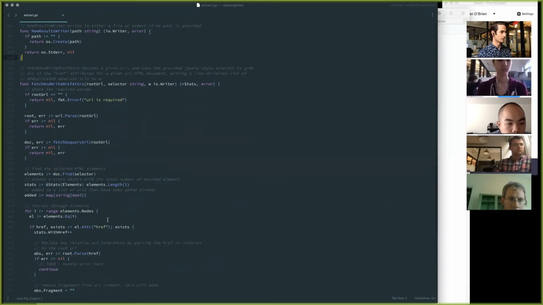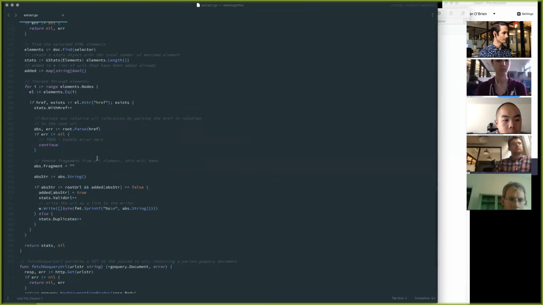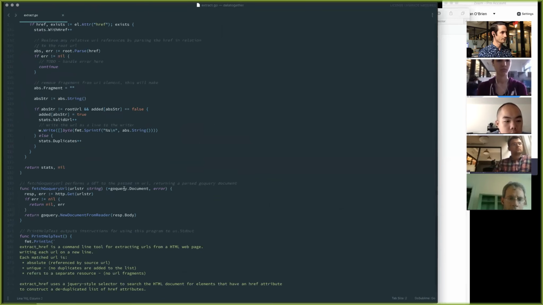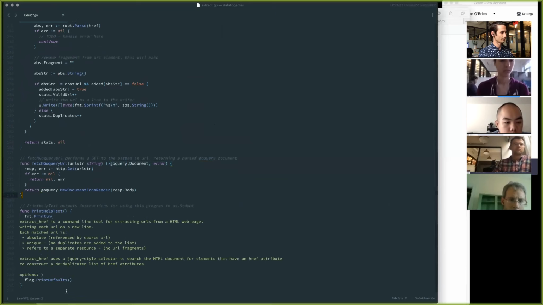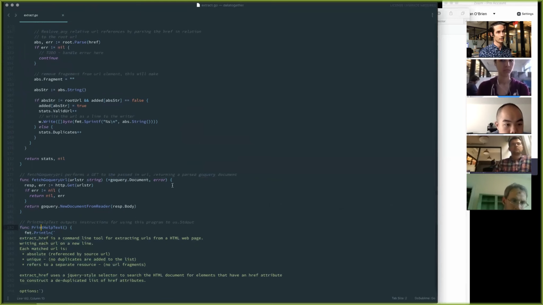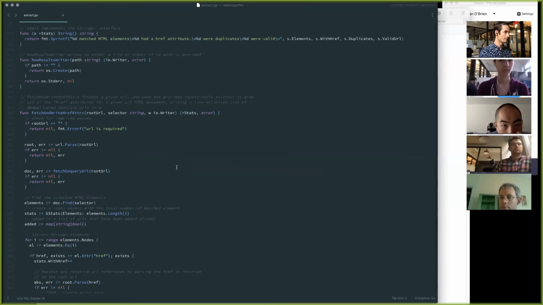And we're going to use one user-land package called Go query, which is here. We'll talk about that very briefly. And then we just have a basic utility print help text function. So that's the general layout of the whole file. It's not that massive, but I think a lot of the advantage here is its clever use of the standard library, and I want to show you guys how we work through that. But starting at the beginning,